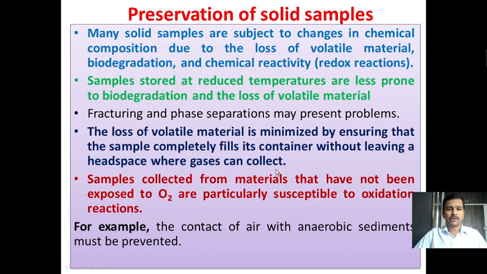Means over the surface of the sample up to which you have collected the sample in the container, you should not leave any empty space. If empty space is present, other gases can collect. These other gases can remove all these volatile materials. So you have to tightly collect the sample in a container completely so that you can avoid the loss of